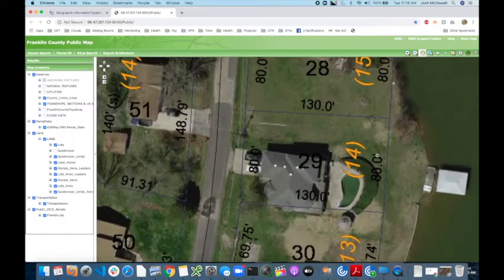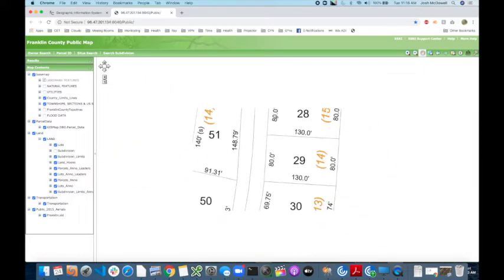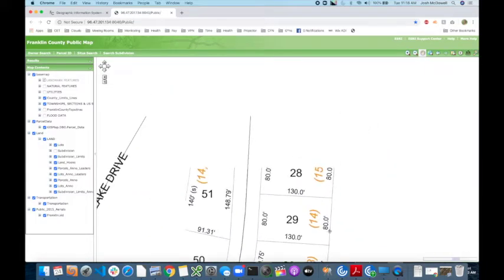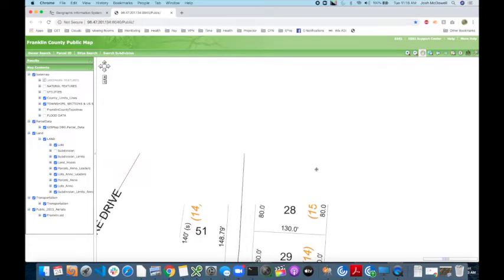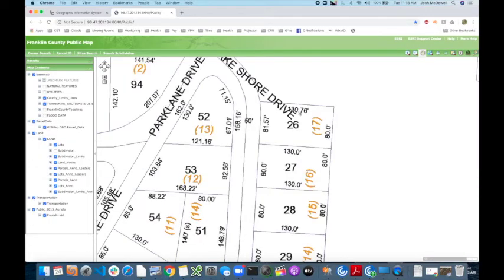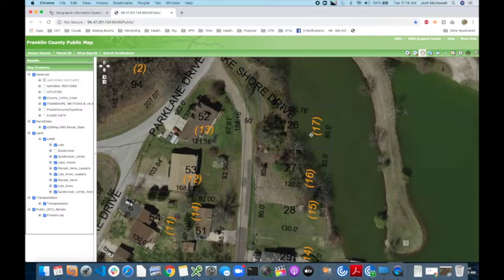And here you have, oops, I didn't mean to do that. You have an area that's a really good example. The reason that this is a good example is look how far these lots go in to the water. These lots are almost non-existent. You could own all three of those lots and barely have enough room to build a house, a good-sized house that I would want to live in if I ever did it again. But